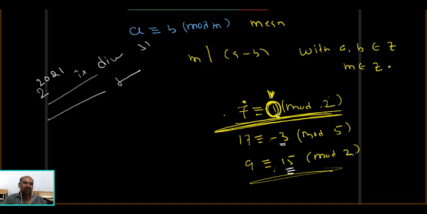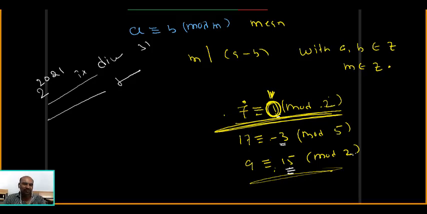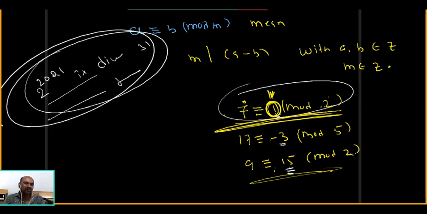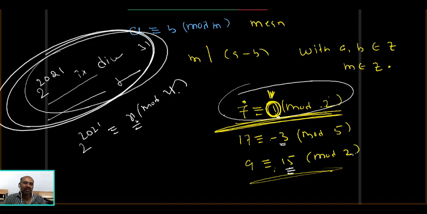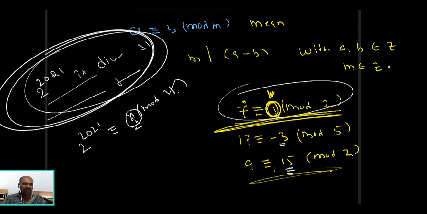To solve this question, you can use the binomial theorem concept, but that is not started. By using the congruency concept, you can find the answer. So how can you use the congruency concept to solve this problem? 2 power 2021 is congruent to x modulo 31. If x is less than 31, then x is the remainder when 2 power 2021 is divided by 31. That's all. How to find x, I will explain.